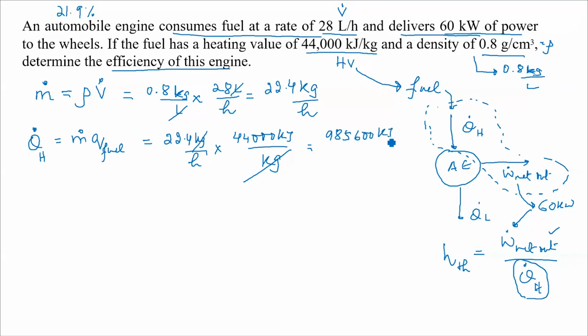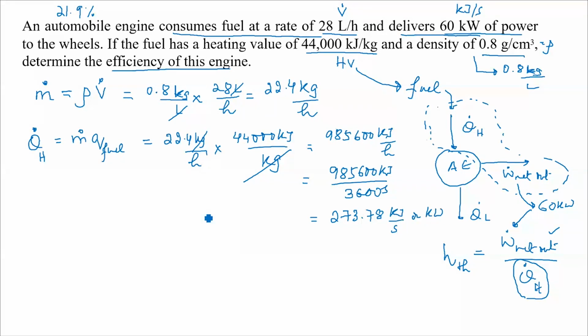985,600 kilojoules per hour. Now, the power or work net out is given in kilowatt, which is essentially kilojoules per second. So I need to be consistent with the units. I'll convert this heat energy rate in terms of kilojoules per second. In order to do that, I'll have to divide 985,600 kilojoules by 3600 seconds. This would give me what? 273.78 kilojoules per second,